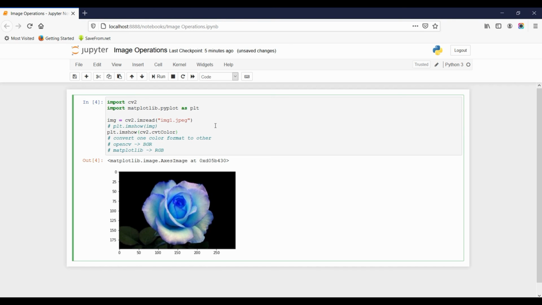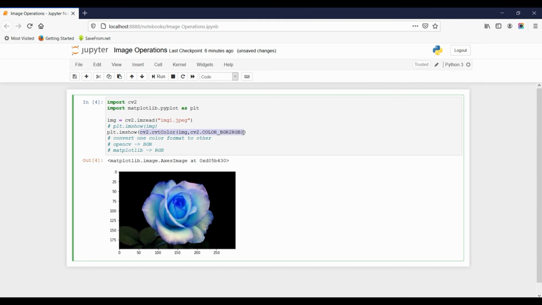So here we have to specify cv2.cvtColor, and in brackets which image you want to convert. So the first argument is img, I want to convert my img image into the other color format. Now as the second argument I have to pass cv2.COLOR_BGR2RGB. So here I am specifying that the image img is in the BGR format and I want to convert it from BGR to RGB. So this cvtColor function will do that.